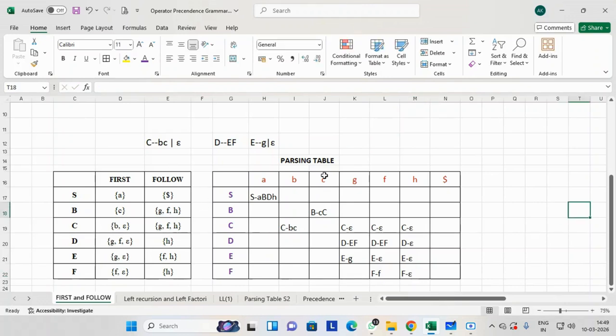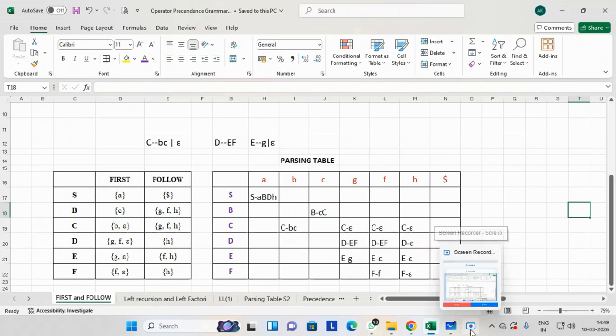This is how my parsing table is created. I know there might be multiple students who are still confused, who might be having some doubt. So have a little patience. In my next video, I will be taking two more examples on how to solve LL1 numericals. With those examples, I am sure you all will understand the concepts. Thank you for your patience listening.